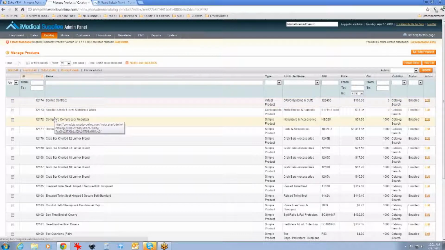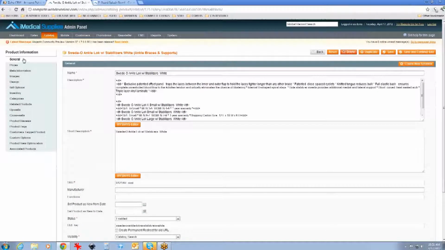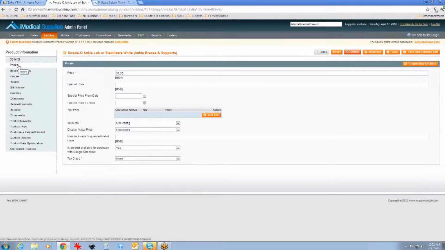Let's go to the Swedo ankle lock with stabilizers. Okay. This section here, you have your price up here. You may want to run a special price for that particular product for a certain date range. You can arrange to do that right here. So let's say you want a sale on just this product. This is the easiest way to go about doing it. You put in your special price, you put in your special pricing date,